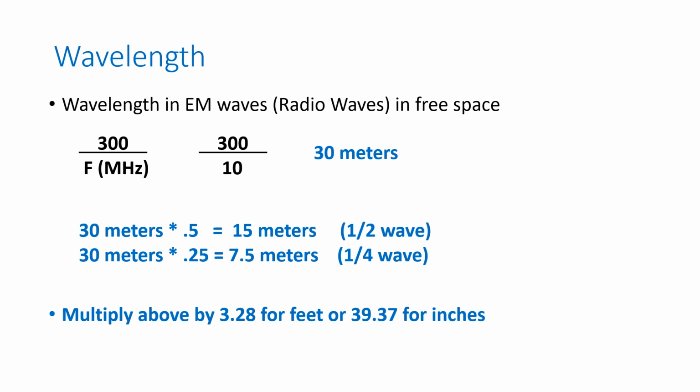So what you'll do is multiply the above by either 3.28 for feet or 39.37 for inches, or you won't multiply it by anything because you've got a metric tape measure. But the last thing you're going to do is multiply the above by the correction factor to get the electrical length, not the length in free space. Before I give you that,